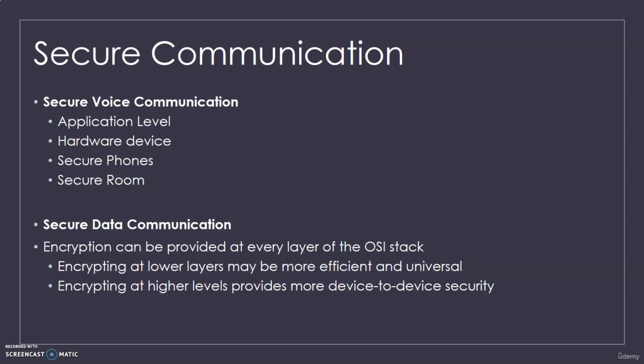In that case, we can secure the phones themselves, where the encryption capability is built into the hardware of the phone. And we have seen that many types of even handheld units have that capability to ensure we have secured voice communication. One of the things we do see in some cases is that certain phone calls can only be made if you are in a secure room. A secure room is one usually without windows, that is wrapped in a Faraday cage, so that there is no way for any of the signal to escape out of that room into another area where it could be monitored by someone else. Something we often refer to in the world of